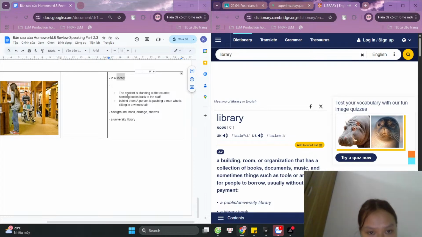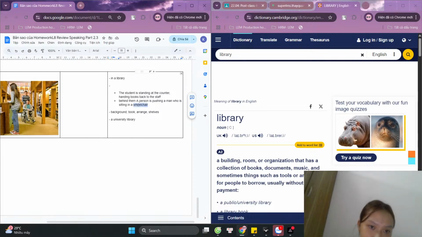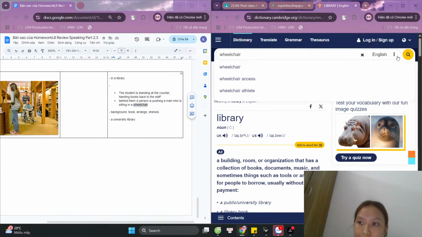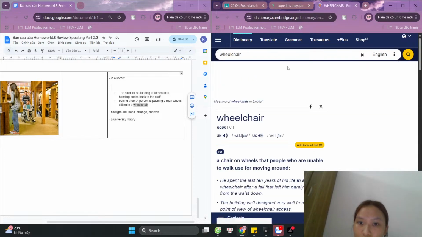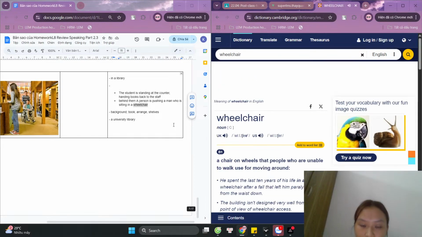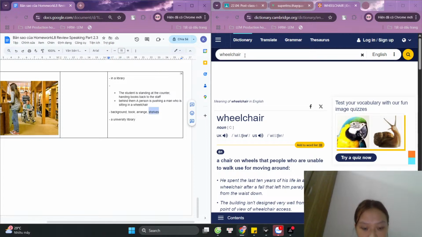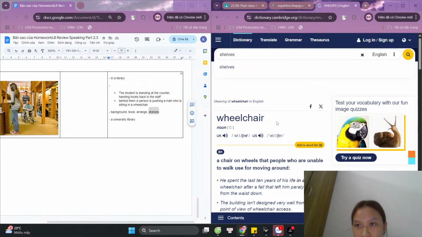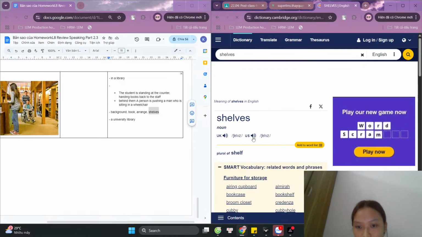Library. libraries, the libraries. wheelchair, Wheelchair, wheelchair, horrendous. shelves, Sales, backgrounds, many books are horrendous on the shelves. Universities,